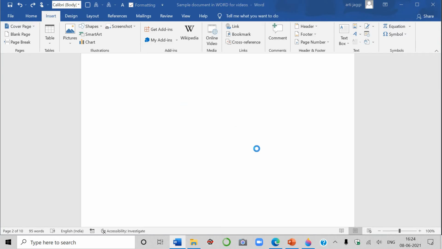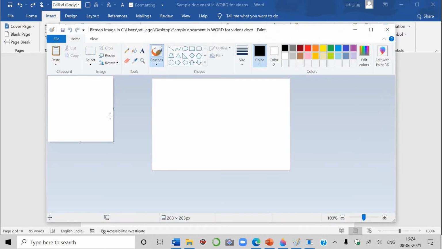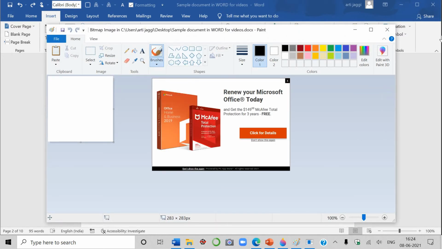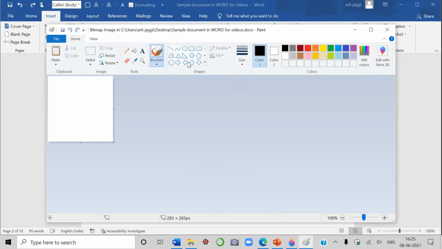See, a new window will open for you. In that, I'll be creating a small bitmap image for you. Now, in this, I'm going to insert a round, a circle. Just click here, select the circle. I'm drawing it. I've drawn it. I want to change the color. I want to fill the color. Red color I want to fill. Yes, I'm filling. That's the simple thing.